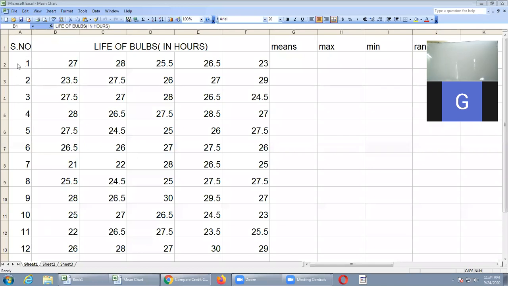Okay. So this is the data I have considered. These are the 12 samples. Again, I have considered 12 samples. Now each sample I have considered 5 observations. Yesterday's problem had only 4 observations, that's why you were seeing n equal to 4 table values. Now you have to see n equal to 5 table values.